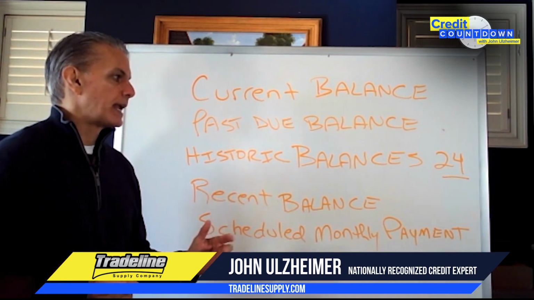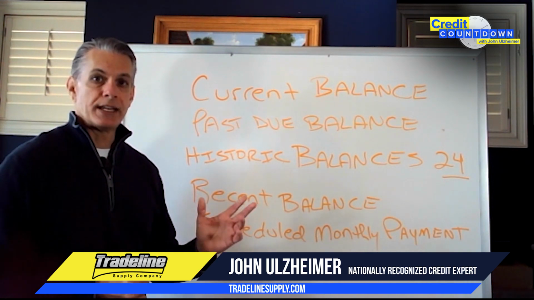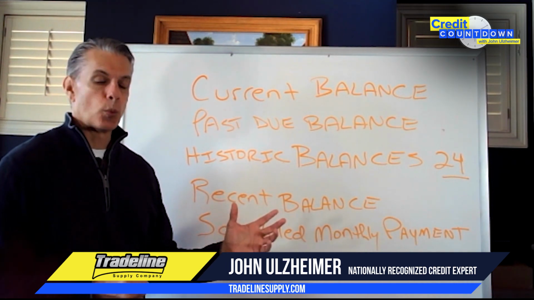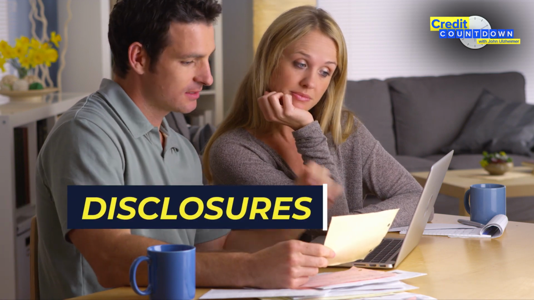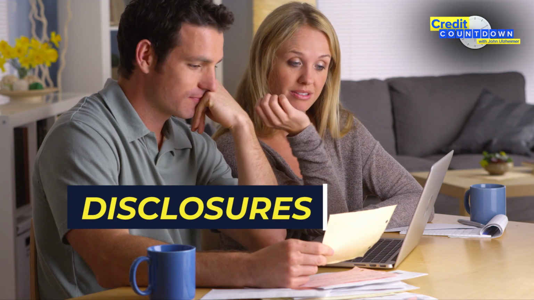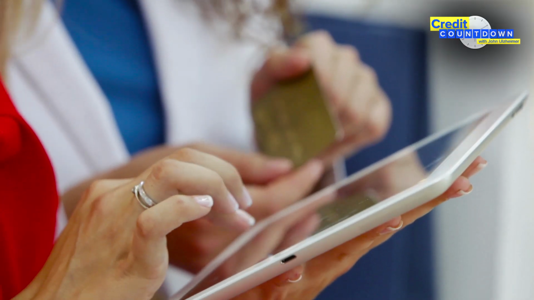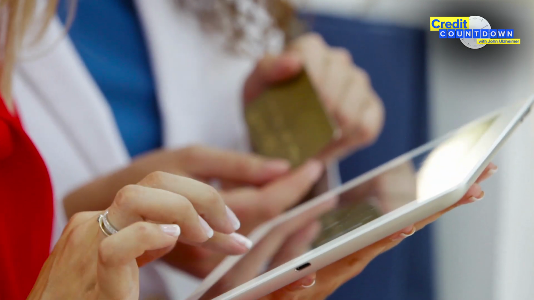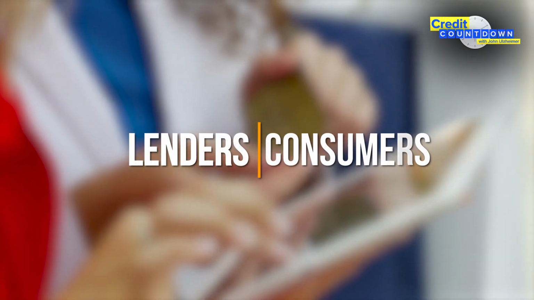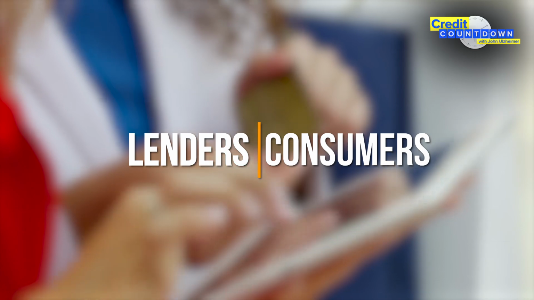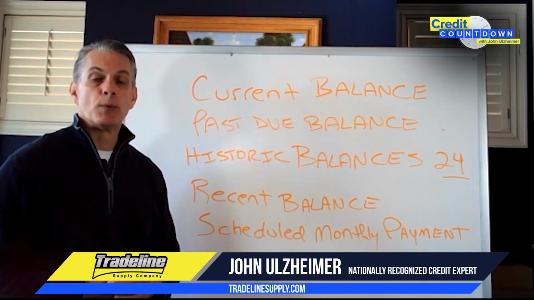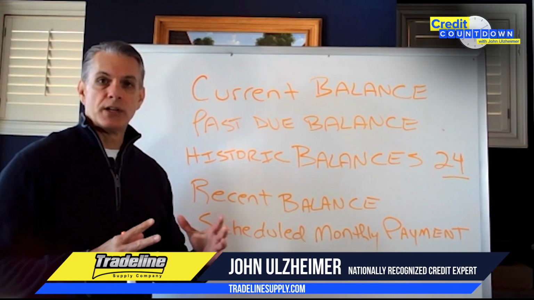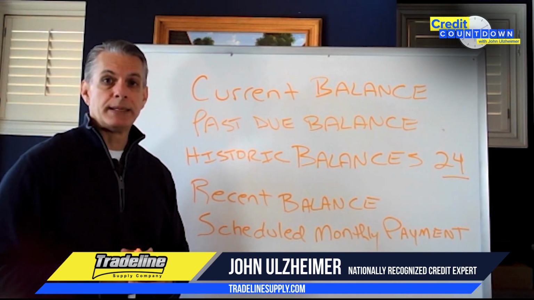Before we get started, I need to identify an issue that comes up often with balances. Some credit reports, those that are provided to consumers, called disclosures, may contain information about balances or references to balances that don't necessarily show up on the credit reports that are provided to lenders. So there are two different styles of credit reports, those provided to lenders and those provided to consumers. And while the information is obviously very redundant and similar, it is absolutely not going to be identical.